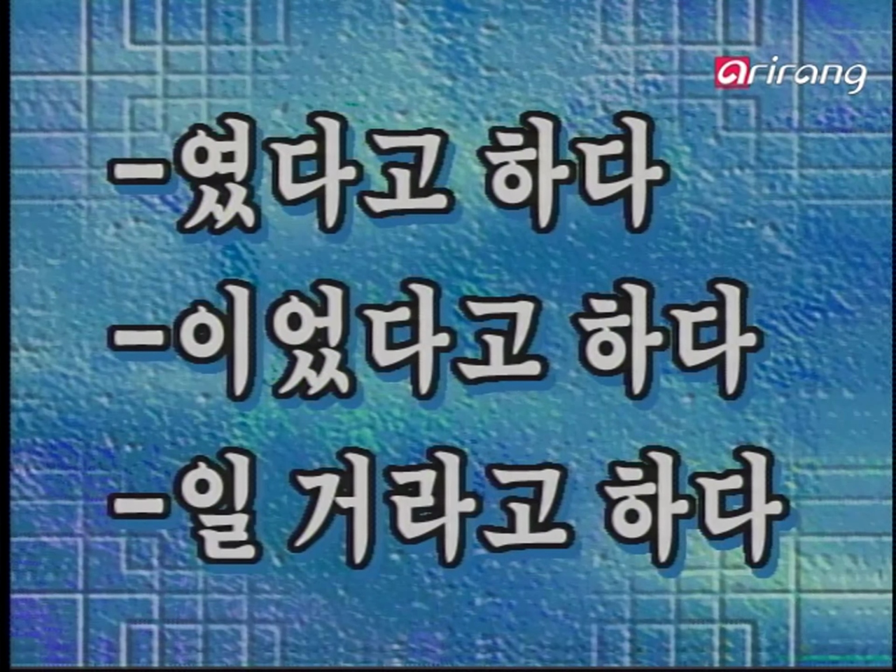All right, 선생님, what about the past and future tenses? Do we apply the same rule that we use for adjective and verb stems that we learned in our last lesson? Well, I'm afraid it's different. For the past tense, if the noun does not have a 받침, we have to attach the expression 였다고 하다. And if there is a 받침, we use the expression 이었다고 하다. Okay? And we've already learned that the past tense of 이다 is 였다 or 이었다. So it should not be difficult for you to grasp.